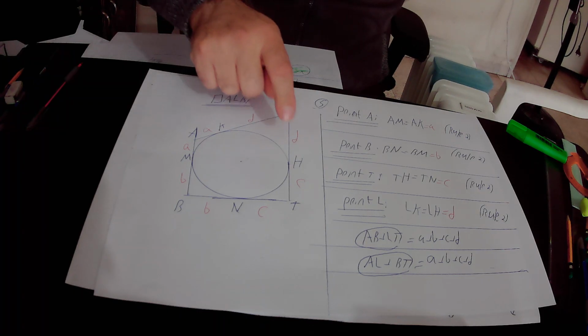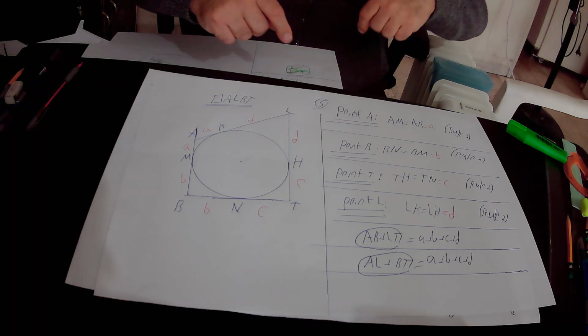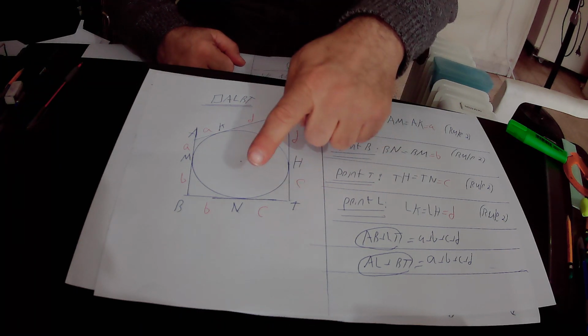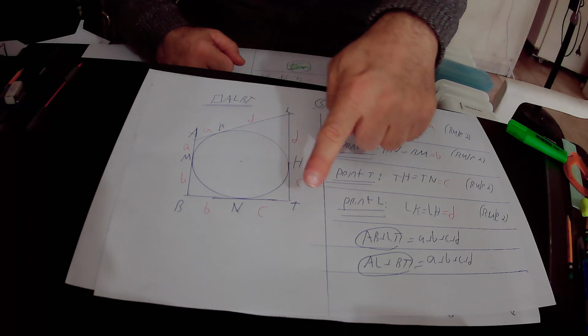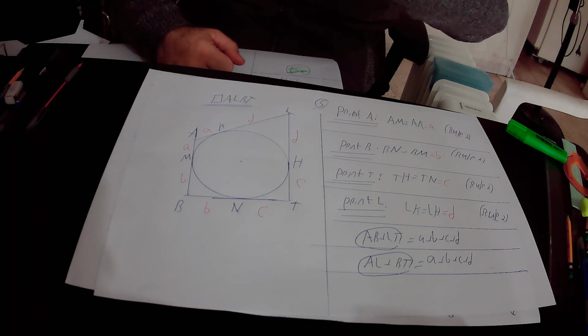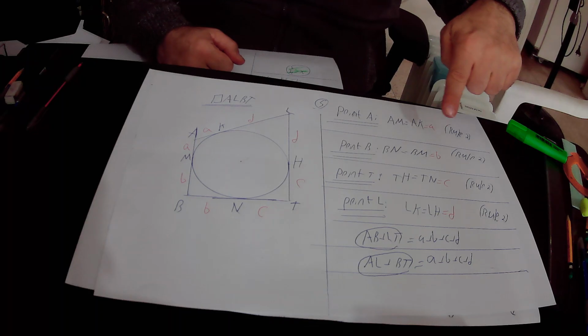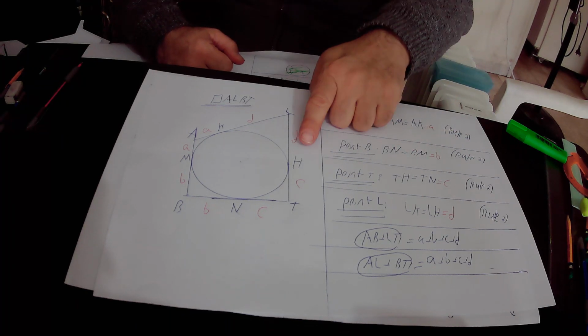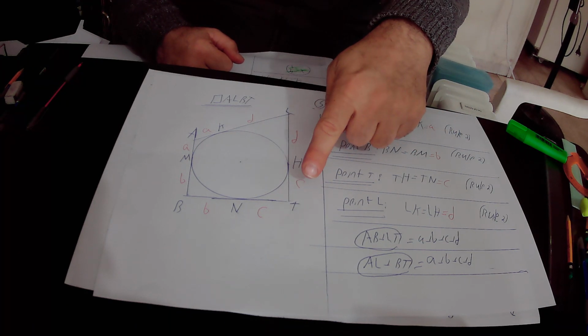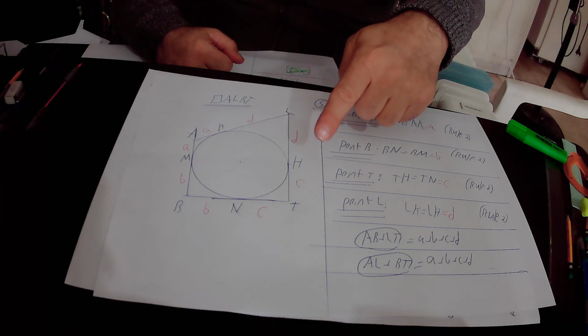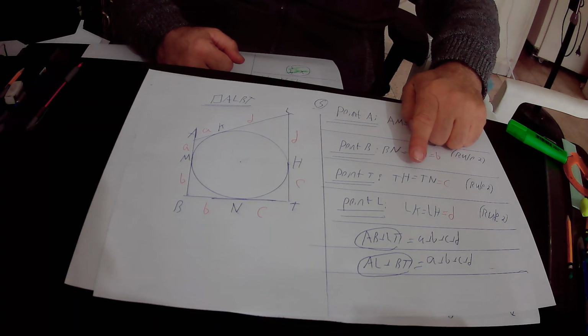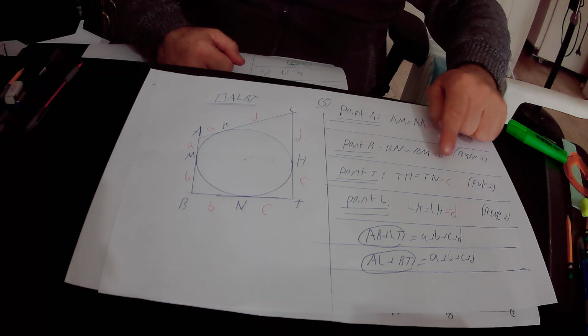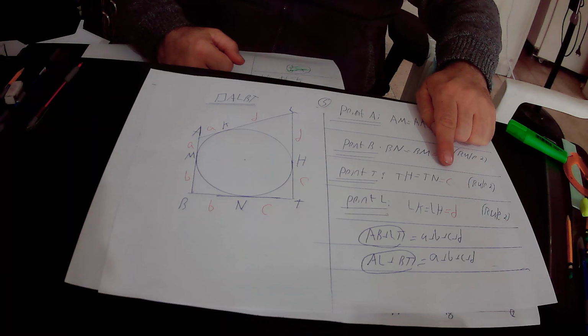Then we focus on the common standpoint point T. From point T, we have two tangents to this circle, tangent TN and tangent TH. And according to rule 2, they are equal to each other. That is to say, TN equals TH. So if we define the length of TN as C, then TH must also be equal to C, because they are equal to each other. So in conclusion, we found out that TN equals TH equals C, and finally we focus on the